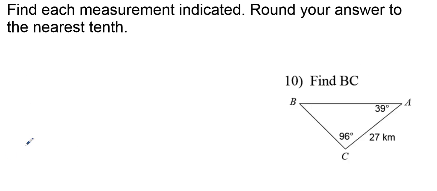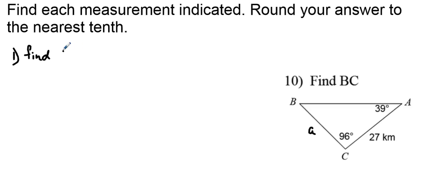And problem number 10 this time. So it says find, this is read as side BC. Side BC is the side that's in between angle B and angle C, and that happens to be across from angle A, so it's actually side A that we are looking for. Now, at first glance, you might say to yourself, hey, I don't have a side and an angle that are across from each other, but this time we have two angles. So your first step in this problem would be to find